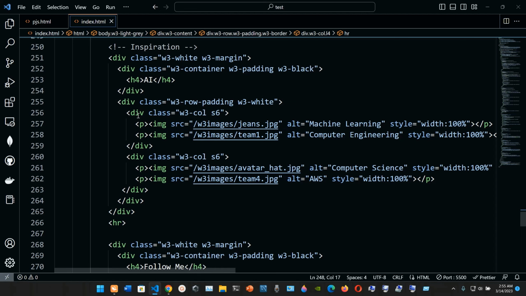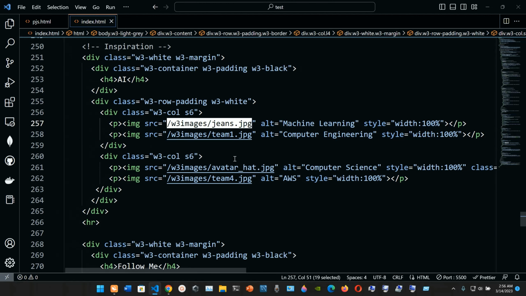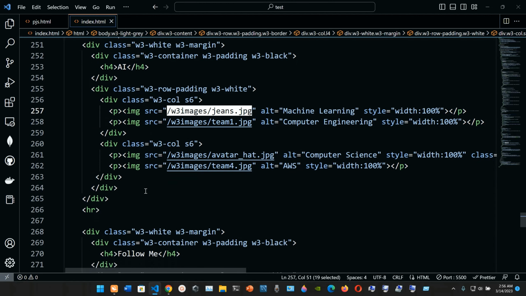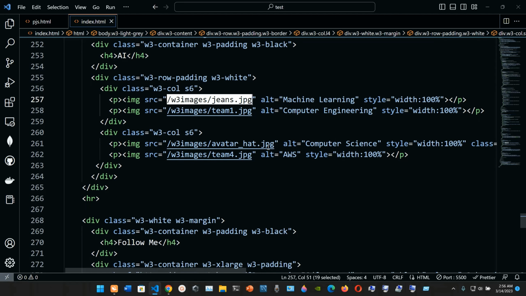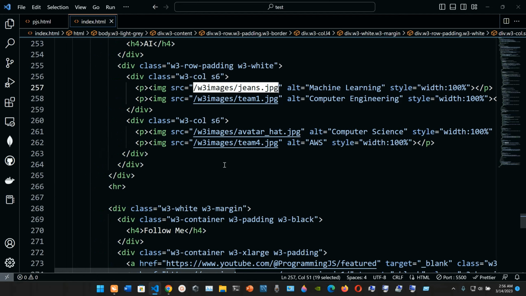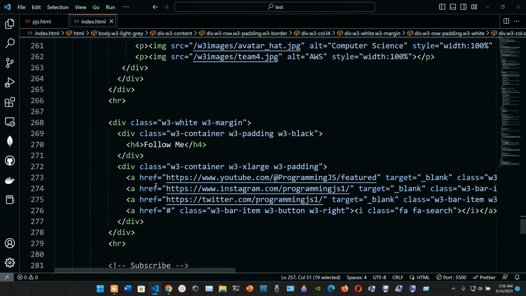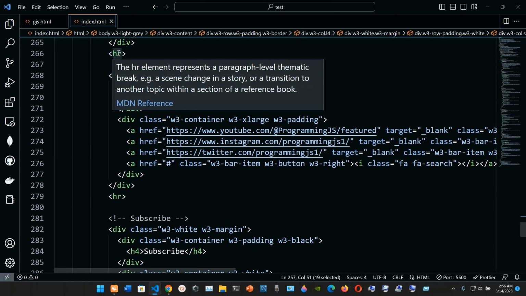And again, you have to type in div elements. Inside of that, we're gonna have the paragraph element, we're gonna have the image element with the source attribute, and this is where you put your file. The alt is gonna be machine learning, computer engineering. Okay, we're gonna have another one, and it's gonna be computer science, AWS. And again, you can put your own pictures here. So that is that. It's pretty much the same. We're gonna move along. We're gonna have our HR,